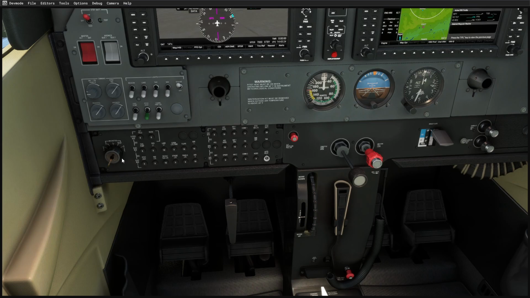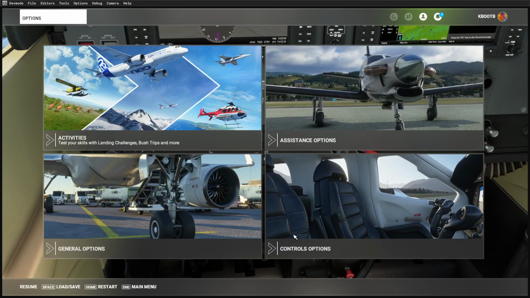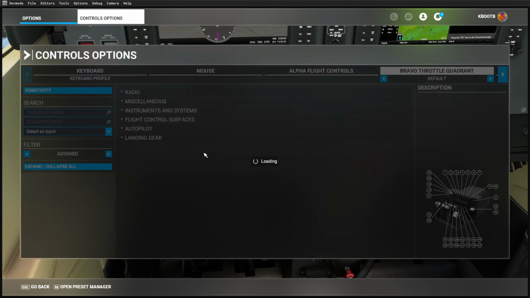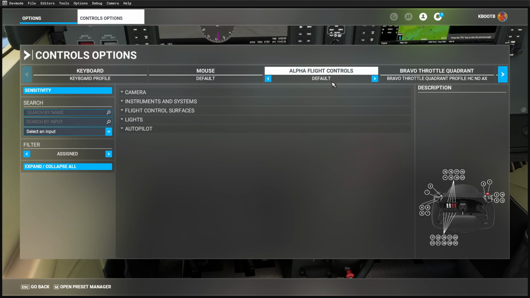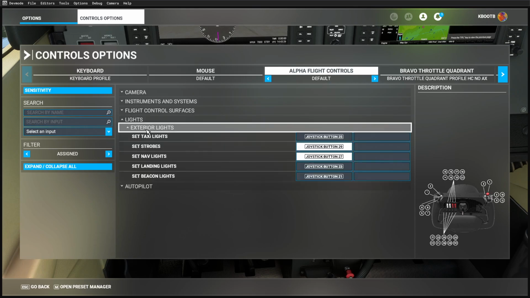They're allocated. In fact, if I come out of here for a second and look at the control options, I'm using the Alpha flight controls with the default profile just as it came out of the box. You plug it in and it detects it. And so all those lights are exactly as they are. And I don't see any point changing them particularly,